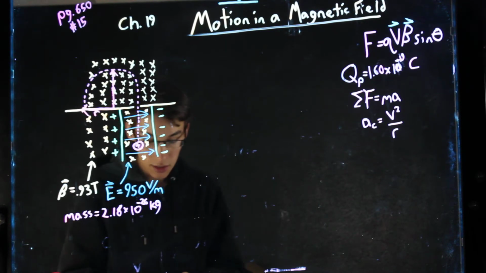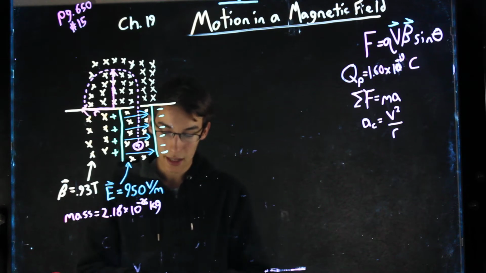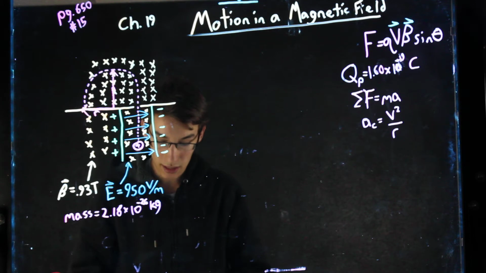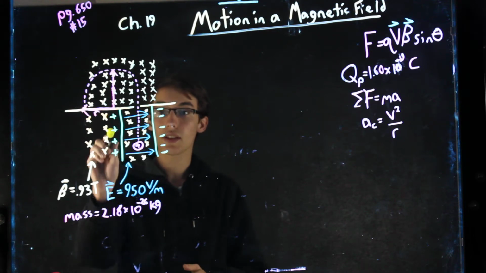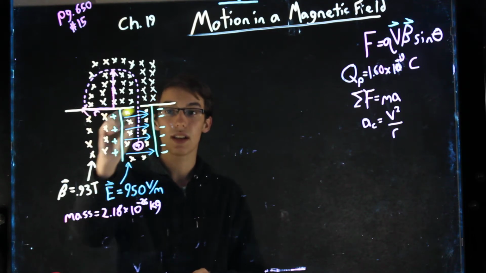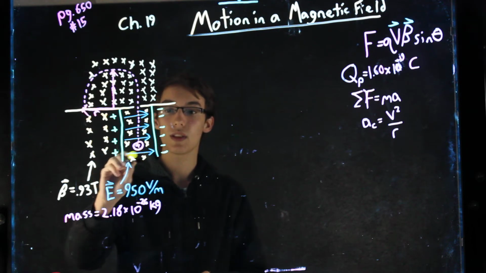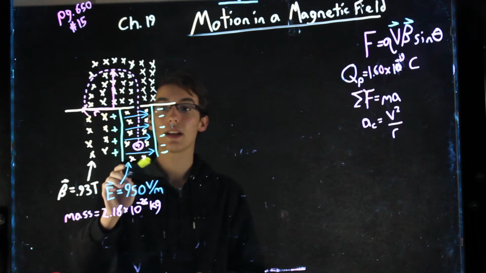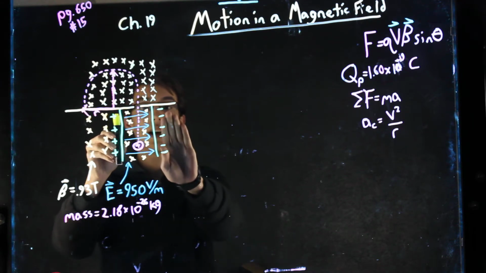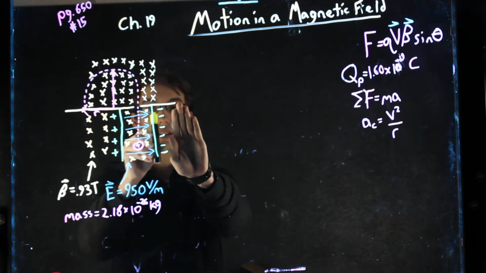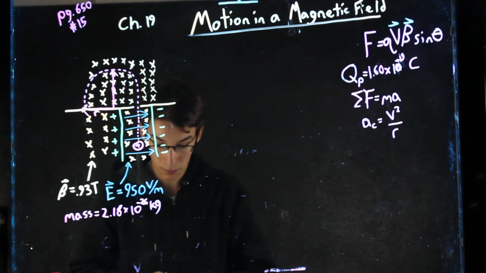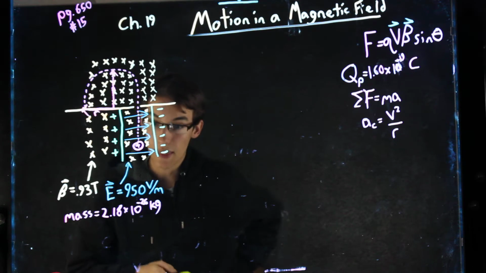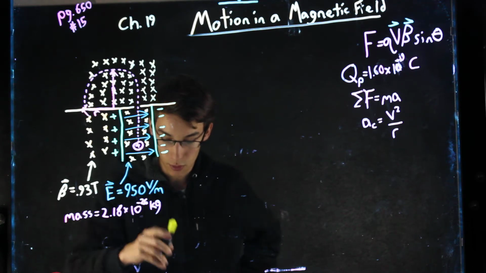So consider the mass spectrometer shown schematically in the figure here. The electric field between the plates of the velocity selector, this is what they label as the velocity selector right here, and I've drawn the electric field lines as these blue arrows. Those electric field lines are created from a positively charged plate and a negatively charged plate, so of course there will be an electric field between the two. So consider the electric field between the plates of the velocity selector, that is equal to 950 volts per meter,